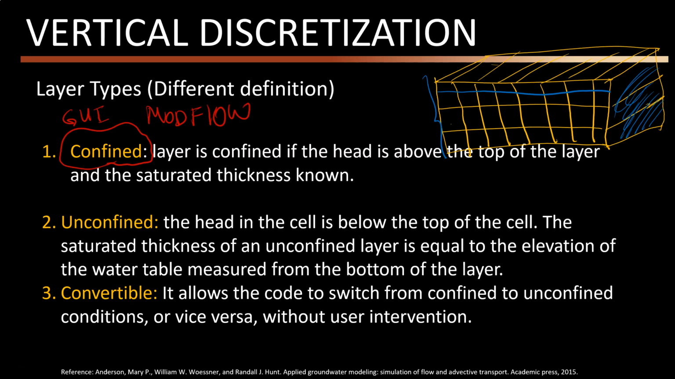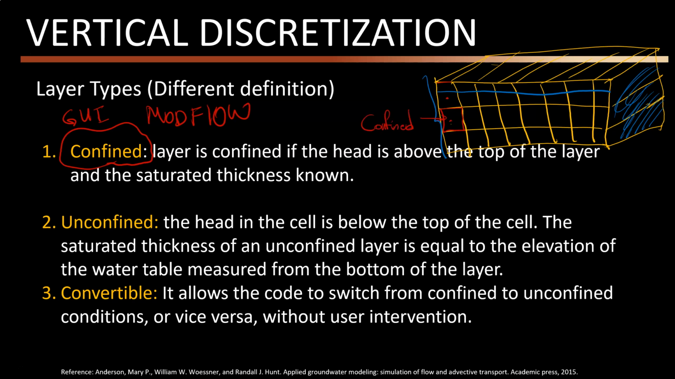Okay, so the definition of confined and unconfined is slightly different. The layer is confined if the head of the water is above the top layer of the system. For example, if you look at this cell, the head of water is not above the top of the cell. But if you look at here, the head of water is above the top of the cell. So in this situation, this is the confined